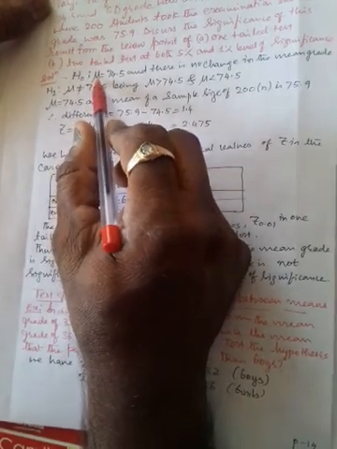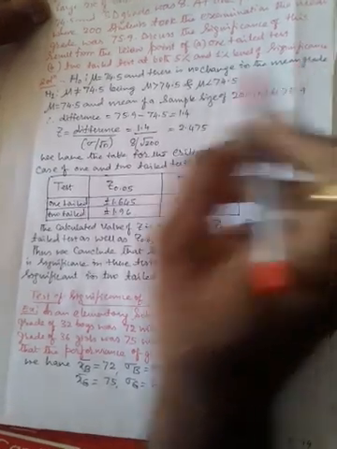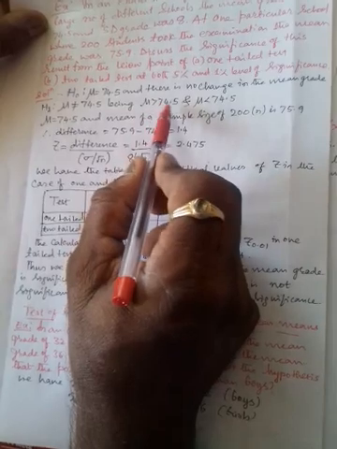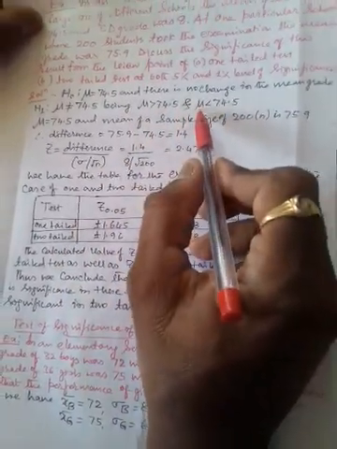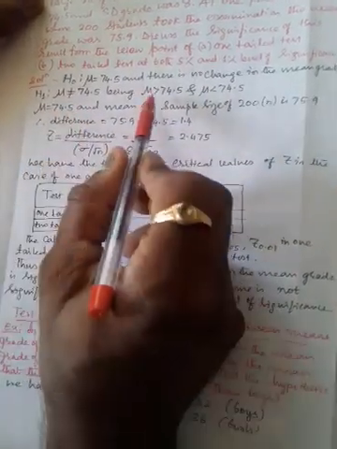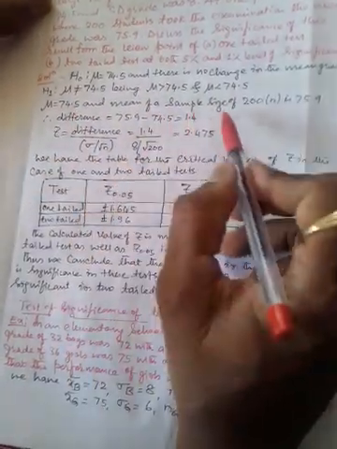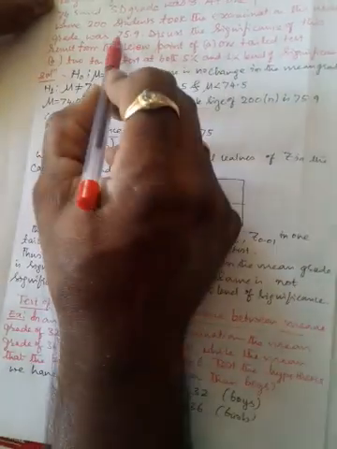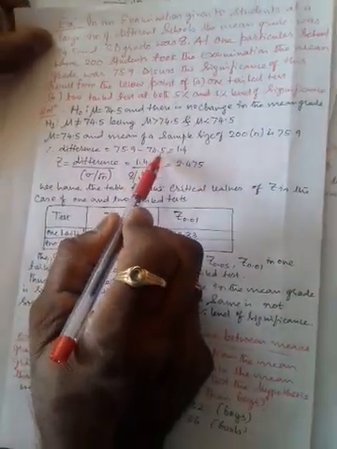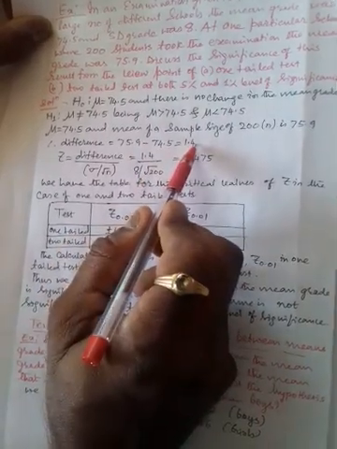Here H0: mu equals 74.5, which is already given, and there is no change in the mean grade, and H1: mu is not equal to 74.5, meaning mu may be greater than 74.5 and mu may be lesser than 74.5. The sample size n is equal to 200, that is the number of students, and the sample mean is 75.9, as already given. Therefore, the difference equals 75.9 minus 74.5, which is 1.4.